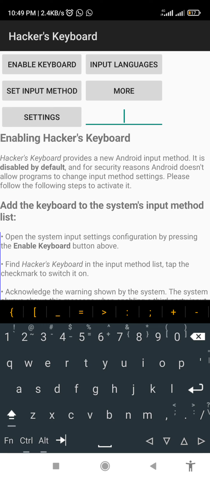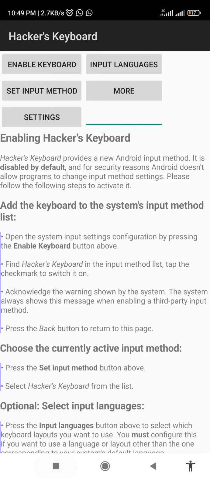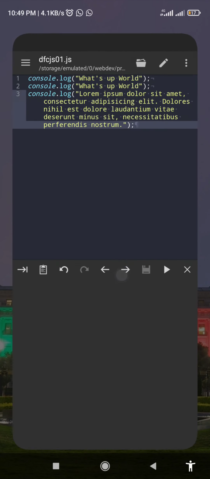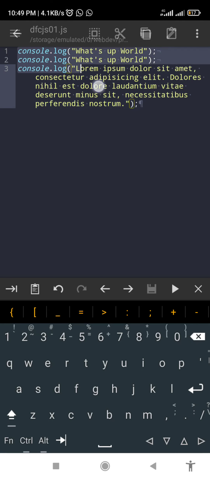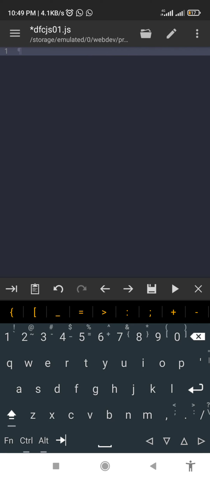Okay, that's it. Then what is the next step? The next step now is to go to our code editor and try it out. One of the things you'll be doing mostly is copying and pasting. One of the things you most likely do while coding is to copy and paste maybe something you've written